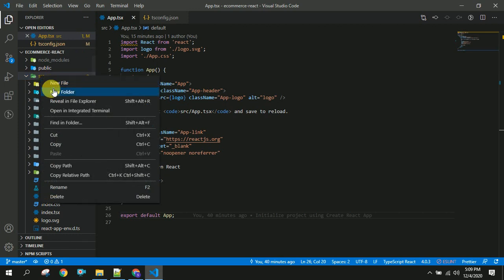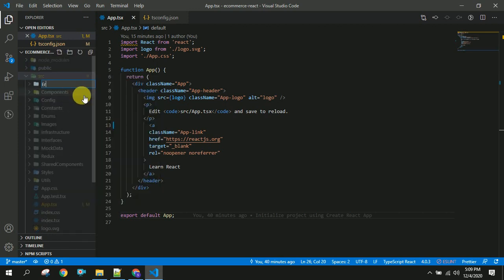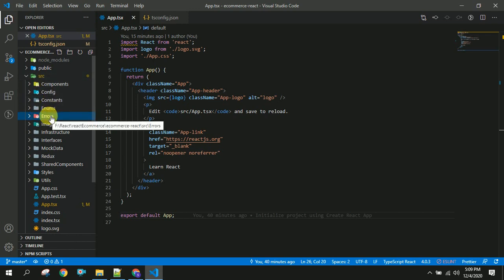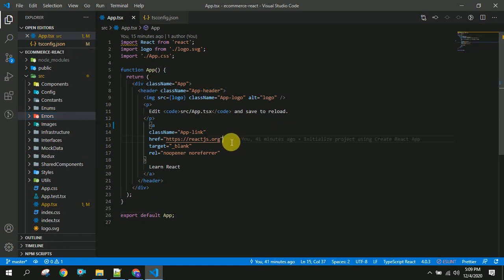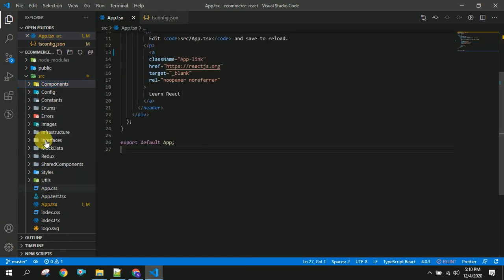So the last thing is errors. So in this error folder, we will be creating different files. Like if you get any error, that particular file gets called, and particular component will be getting rendered. So this is the file structure we are going to follow. We will be creating various components and various configs differently as our application proceeds. So this is the real-time application folder structure we are following in our project.